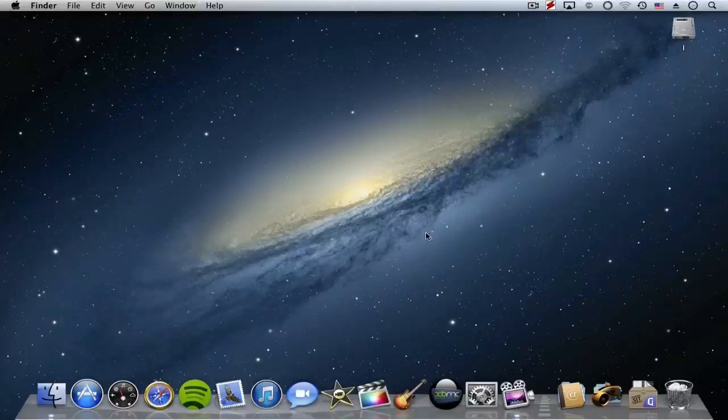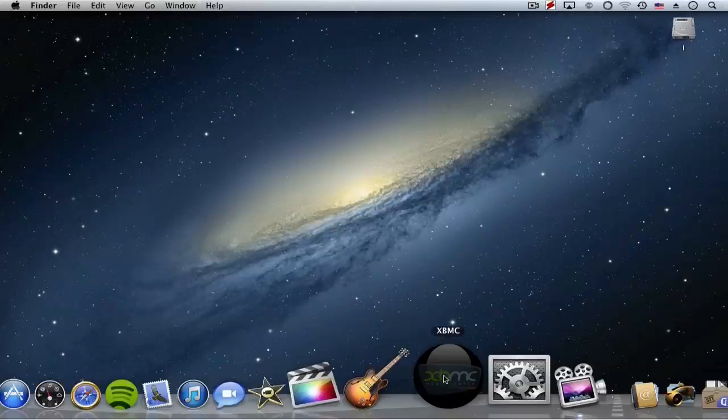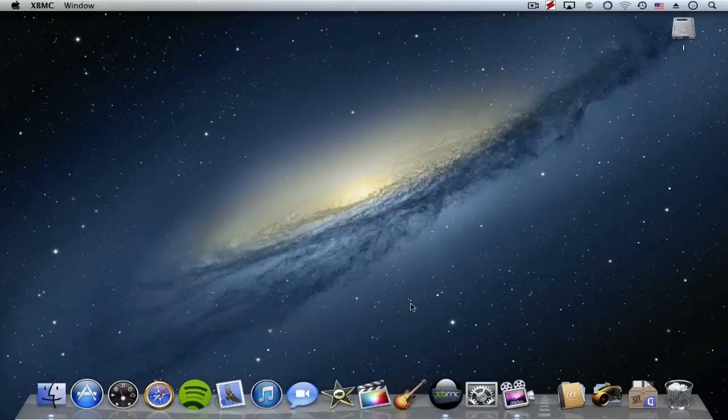So first of all, PowerPC is not going to be running modern applications anymore. There's a lack of support for PowerPC because it's so old. Most people have moved on, but one thing that I stress about PowerPC is that it can be a great media center machine. So there are applications like XBMC, which I use a lot,